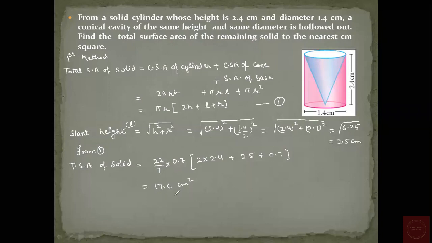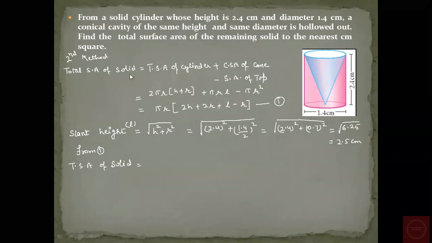After solving this we get 17.6 centimeter square. So total surface area of the solid is total surface area of cylinder plus curved surface area